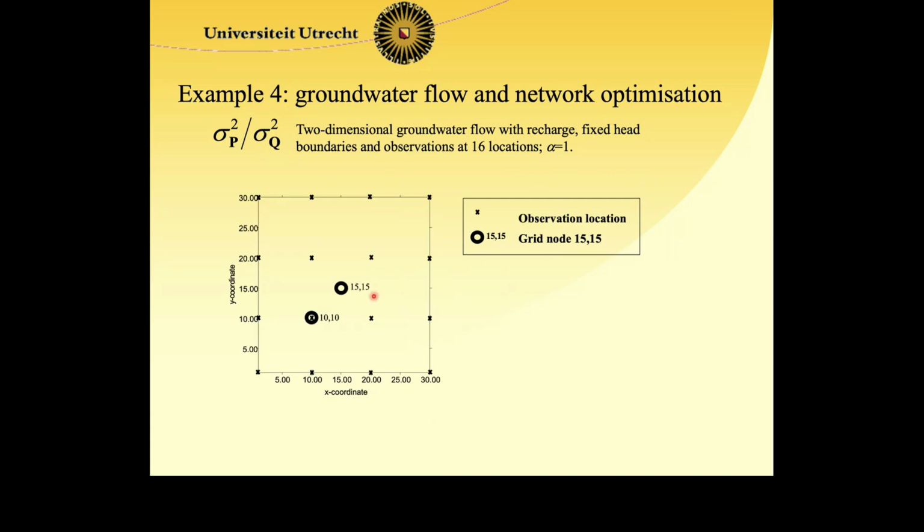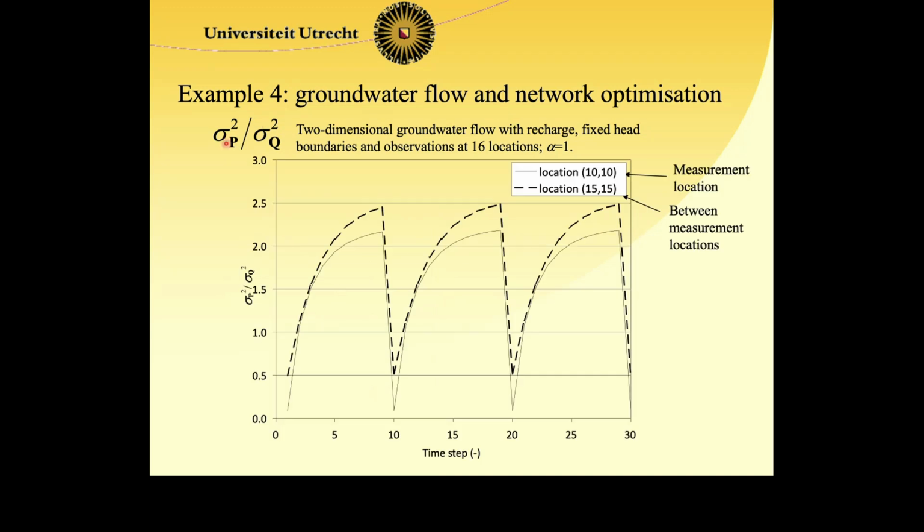Now let's see what happens if we look at in time. If we look at an observation node and we look at the grid node in between observations. Again, we plot the ratio of the prediction error variance at the time of the measurement update divided by the a priori model error, and we can see that it grows, of course, higher in between observations than at an